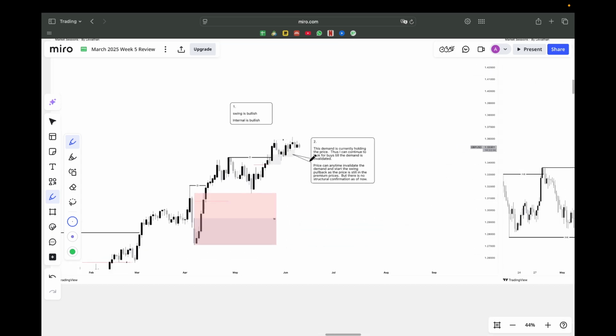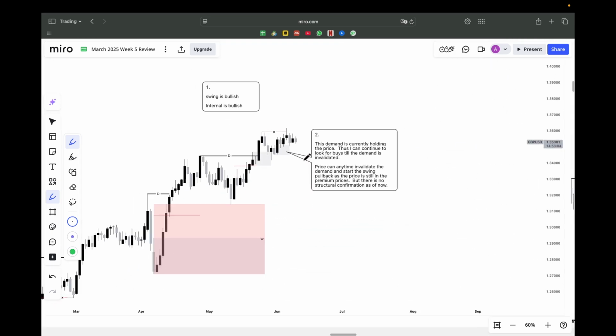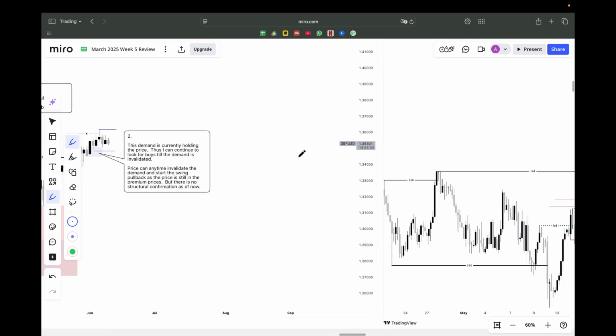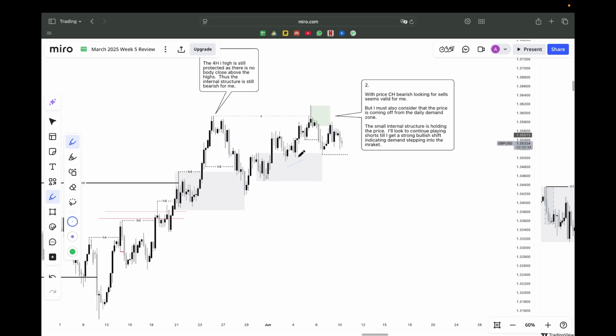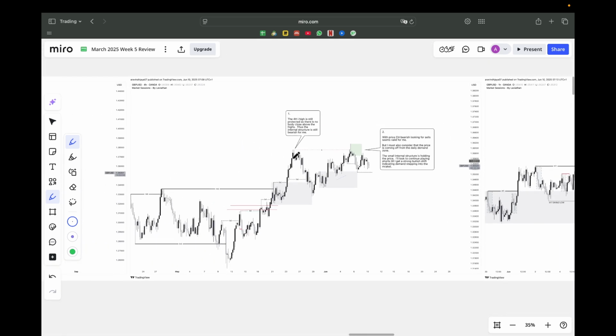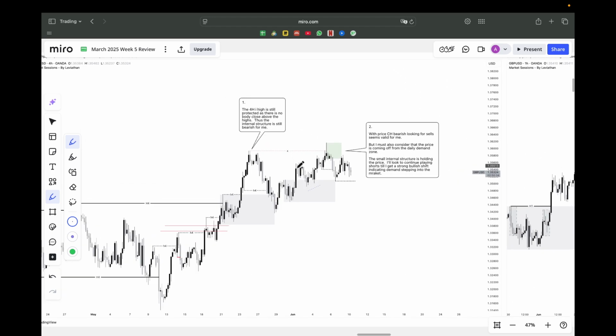So coming to June 10, the daily is still in the same area of value. The demand did not get shifted. The buy side, this high, is also not yet taken. So simply the price is ranging from here to here. But let's take our chances. Let's wait for the session bias, session direction to kick in, and then we can trade in line with the session direction. So here we go.